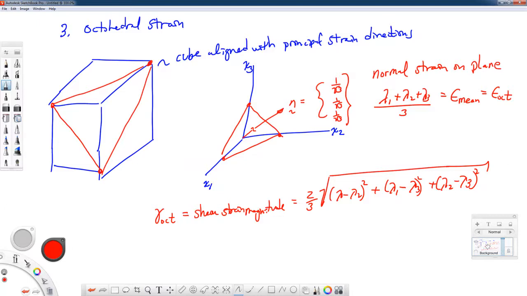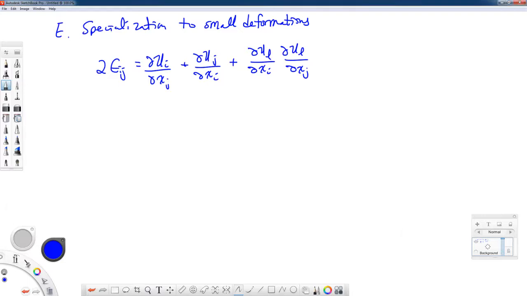All right, one last, or maybe two last things we need to talk about. And the first thing is that we have defined our Green-St. Venant strain tensor as follows. And we've been looking at finite deformations so far. And in those finite deformations, we have this term. It's actually three terms when we expand out